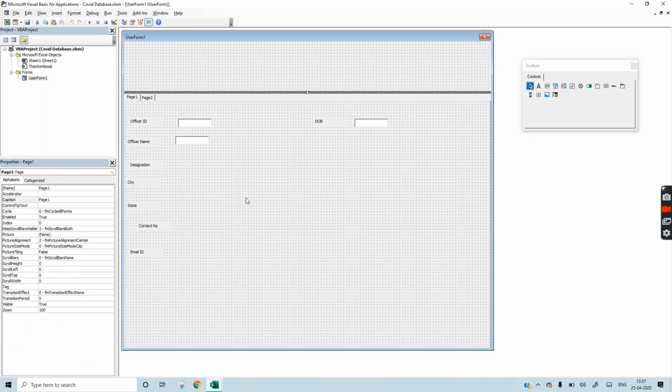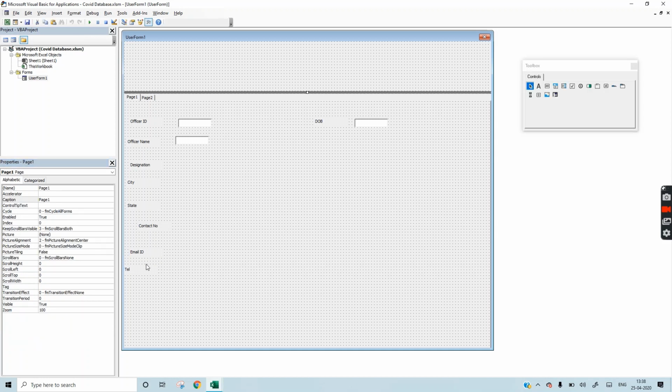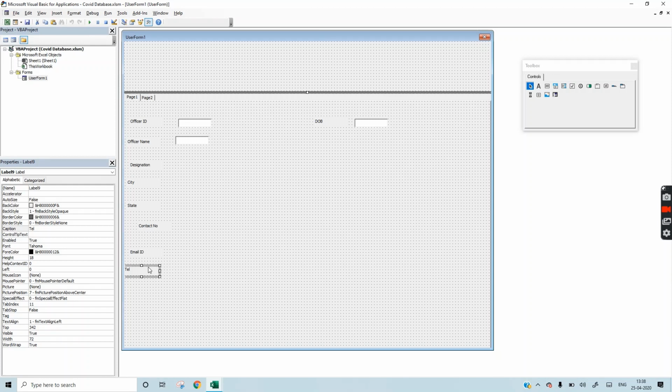It can be anything, according to your need, customized. So we will add one more for telephone also. Telephone and gender. We will do formatting later.